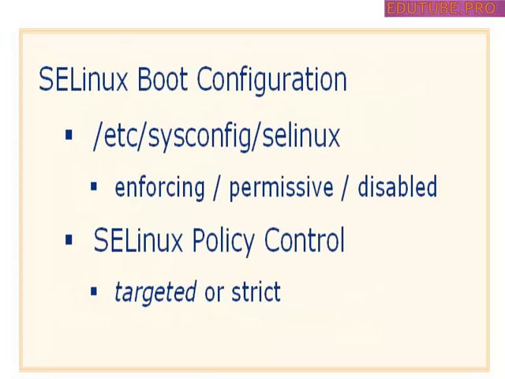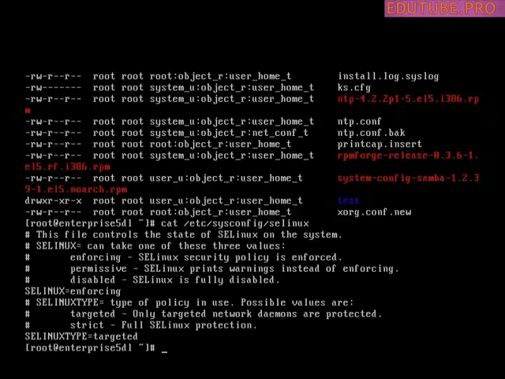When you boot your system, Security Enhanced Linux is started based on the settings in the /etc/sysconfig/selinux configuration file. Security Enhanced Linux can be started in enforcing, permissive, or disabled mode. And by default, Security Enhanced Linux uses targeted policies. In other words, network daemons are targeted